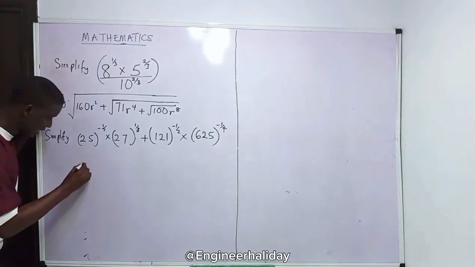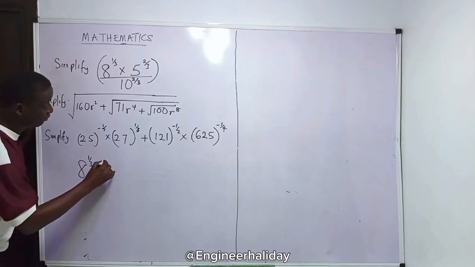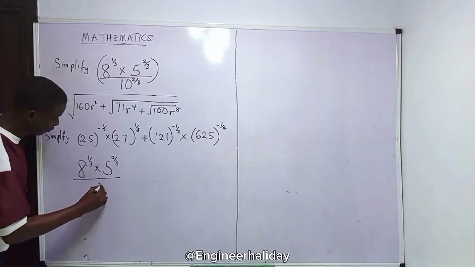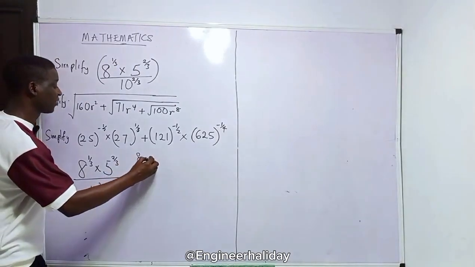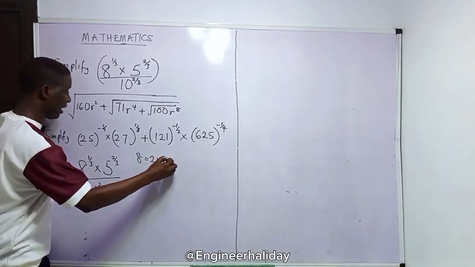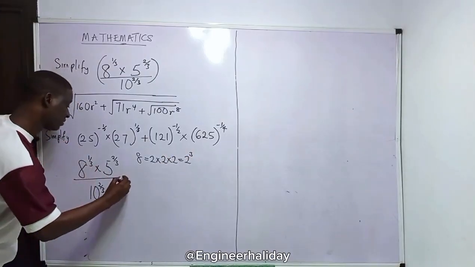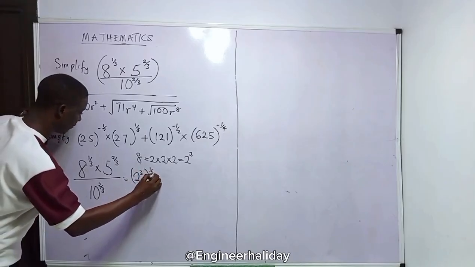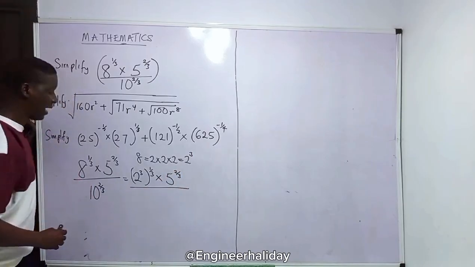Now we have 8 raised to power 1/3 times 5 raised to power 2/3, divided by 10 raised to power 2/3. What we are going to do first, recall that 8 can be written as 2 times 2 times 2, so it's 2 raised to power 3. So we write this as (2 raised to power 3) raised to power 1/3 times 5 raised to power 2/3, divided by